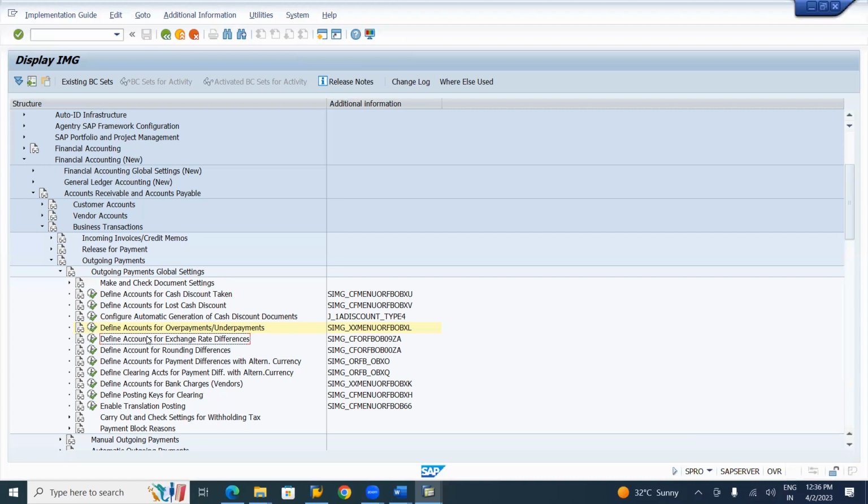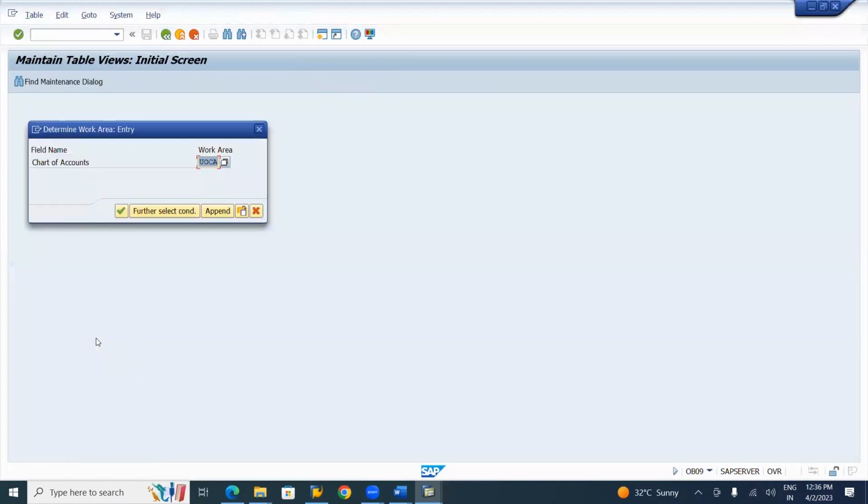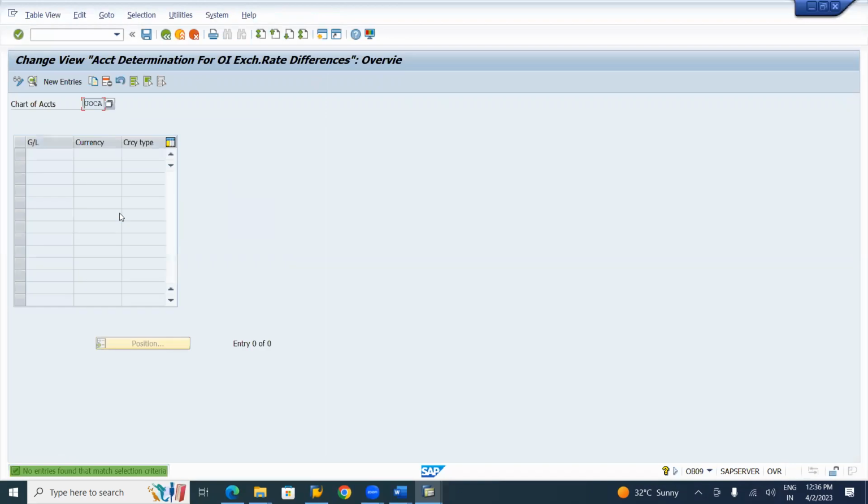09ZA. Transaction code 09ZA. Okay. Chart of accounts. UOCA. Okay, is it UOCA. 09ZL? Okay, we need to maintain here